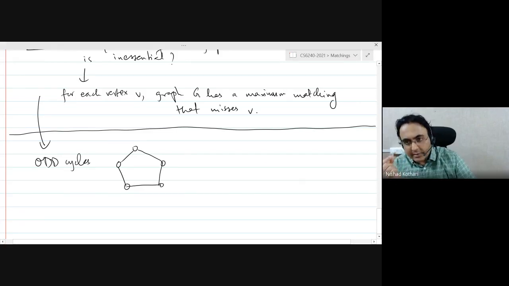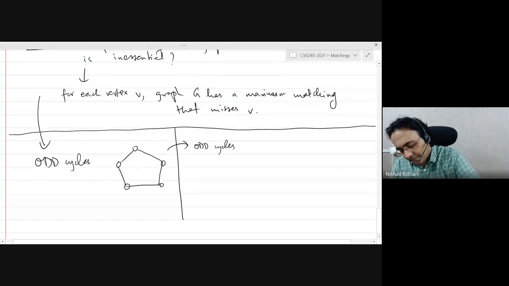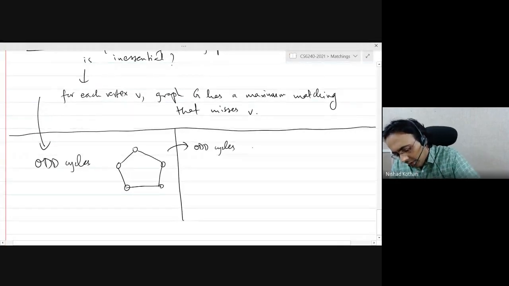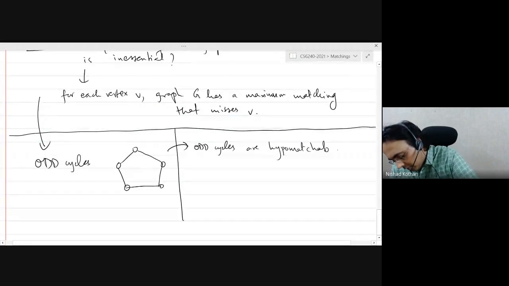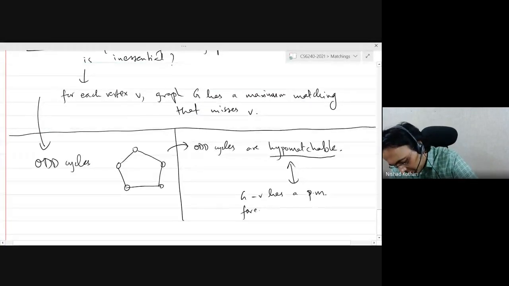For every single vertex, there is a perfect matching after deleting that vertex. Odd cycles are what we will call hypomatchable. What this means is that G minus V has a perfect matching for each vertex V of the graph.